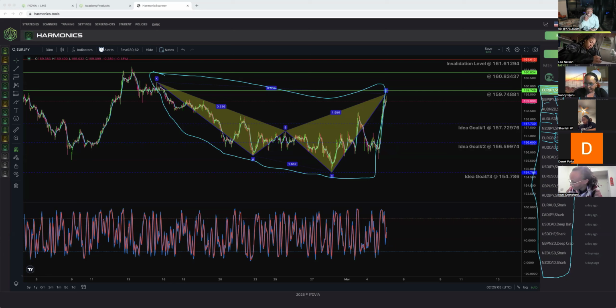My goal here is to take the best possible setup. You guys, I want you to really understand that when you're trading and investing, you're risking money every trade that you take. So your mindset is not, oh, let me take a bunch of trades every day. You want to take 1 to 2 of the best possible setups a day. And if you don't see 1 or 2 of the best possible setups, you don't need to trade that day. Trading is not a 9 to 5 job. You don't need to do this every day of your life. You need to set a weekly goal. And with that weekly goal, you take trades that make sense. Right?